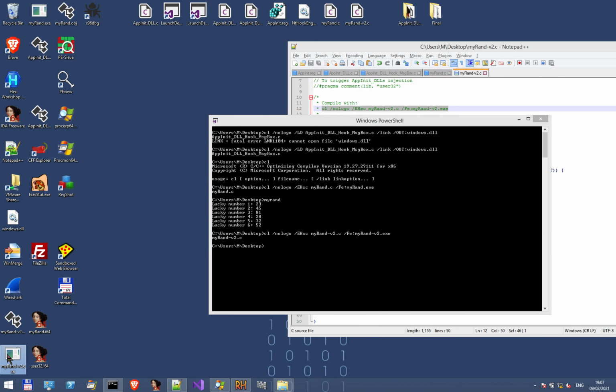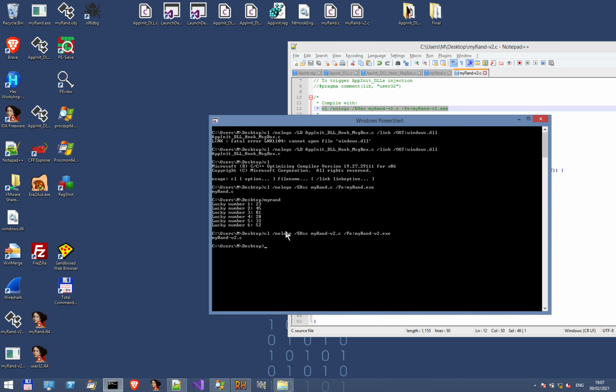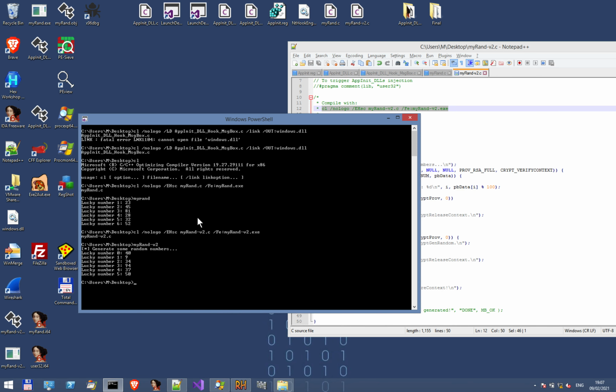Let's run that from the desktop too. The program works fine, but we don't see any message box to signal that also the library injection worked.